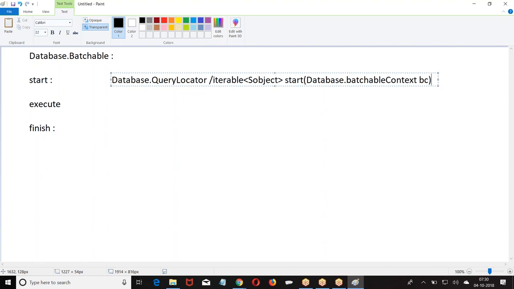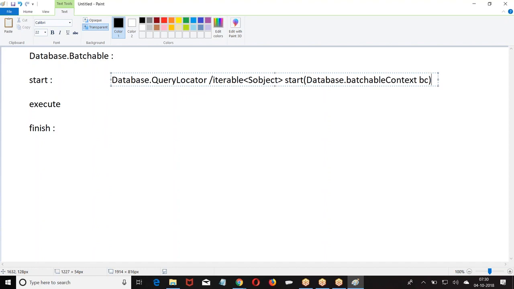Up to how many records can it give you? 50 million records. A general SQL query will give you 50,000 records, but when you go for database.query locator in batch Apex, it will give you 50 million records.